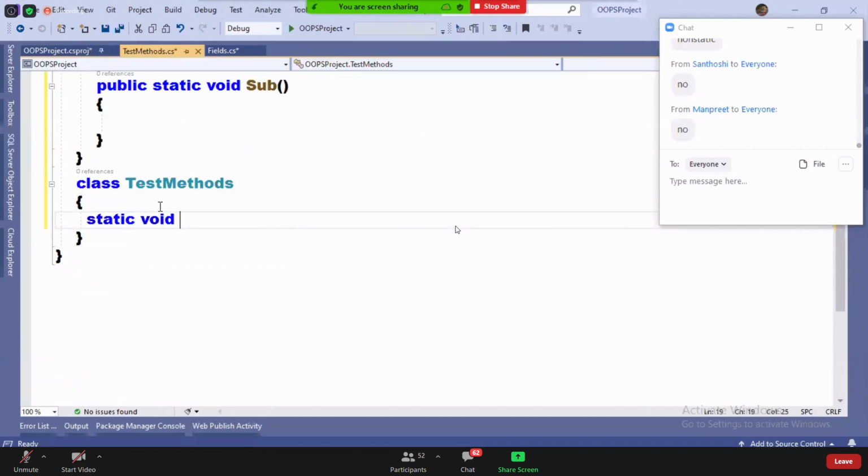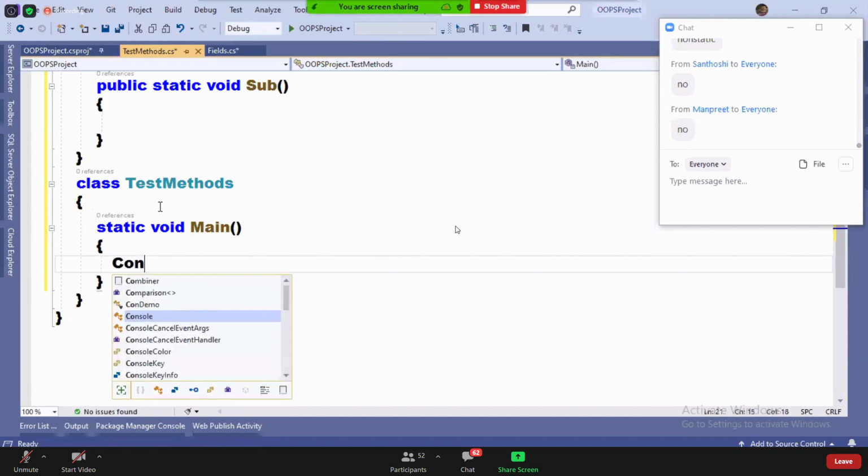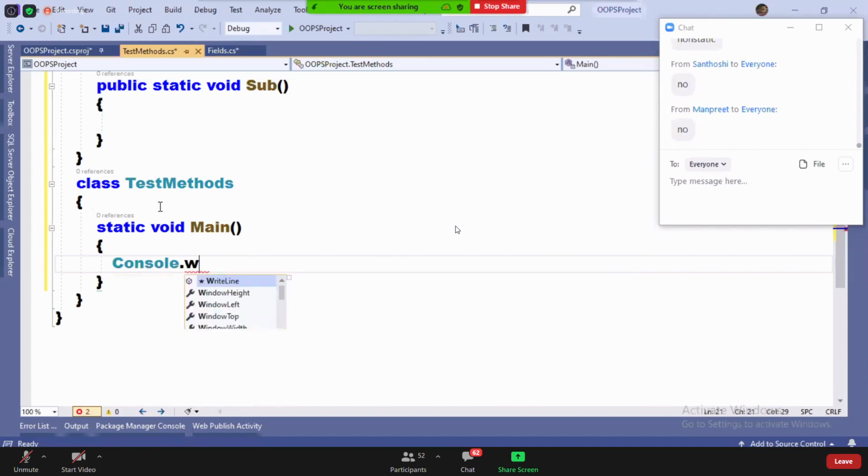Static void Main. Console.ReadLine. Okay, let's compile the code and see the error.